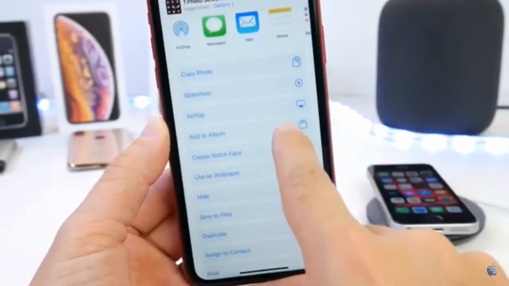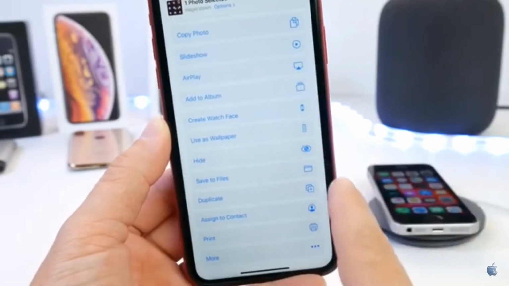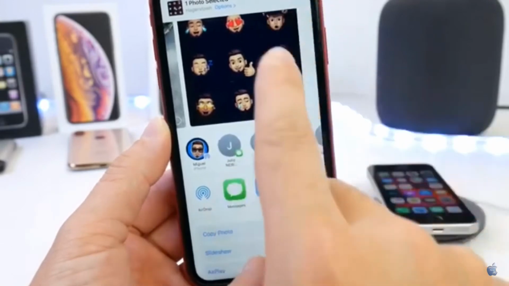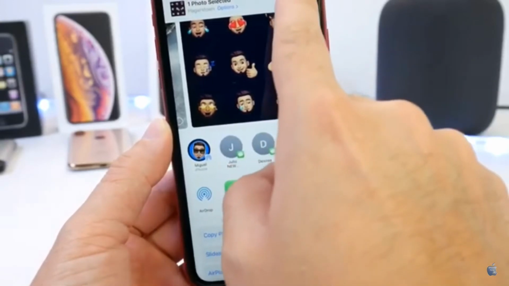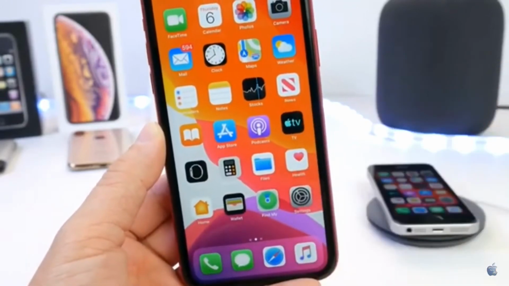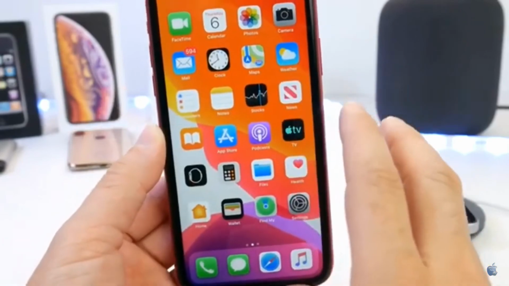If we continue to scroll down, you find all the additional options to use it as wallpaper, hide the photo, create a duplicate, and so on and so forth. So very, very useful feature that recognizes people in photos and will suggest those for you to send those photos in messages. So those are some of the hidden tricks and features built into